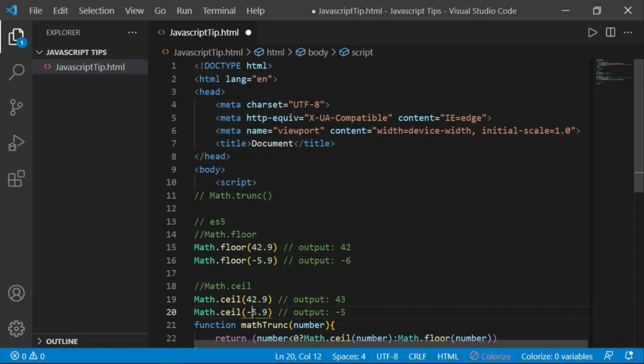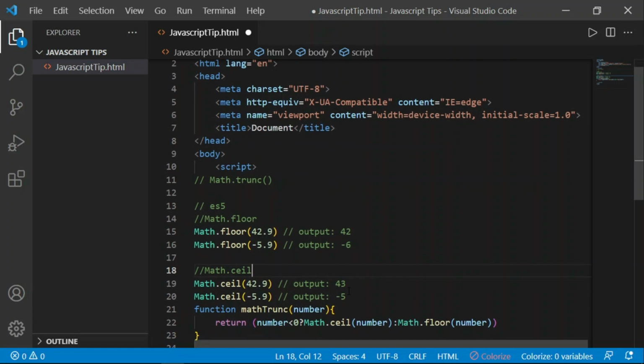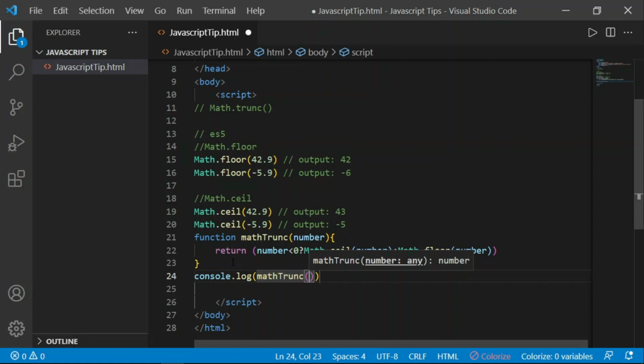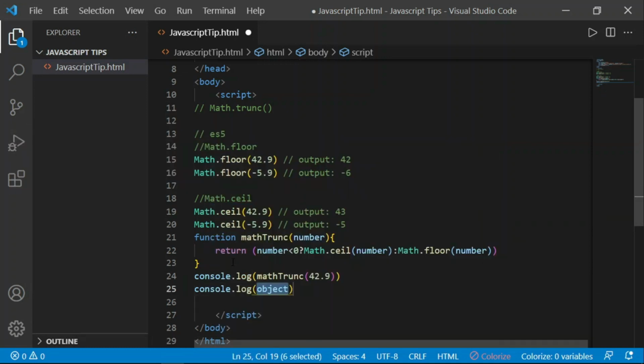So based on our defined function and condition, you will see it will not round up or even round down the value. Instead, it will just give us the integer part of the number by removing the fractional decimal. Let me show you an example of our defined function using Math.ceil and Math.floor in the console.